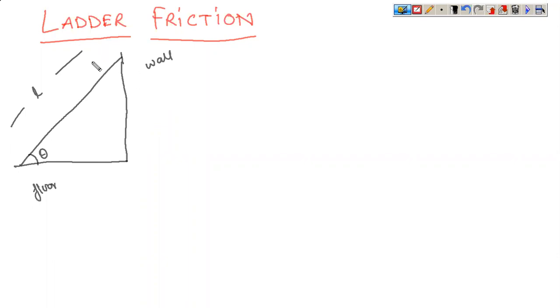Okay. So if you look at the basic free body diagram of it, the weight of the ladder will be acting exactly at the center. Let us say W is the weight of the ladder, it will be acting at the center of the ladder. Now the ladder is supported against the wall here. So you will have one reaction, let us say R2, being offered by the wall. It is supported against the floor. So you have another reaction R1 acting in this direction.